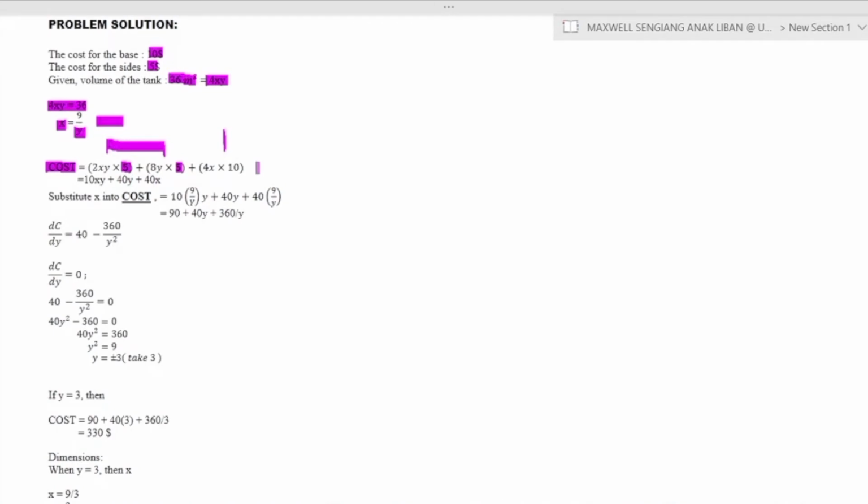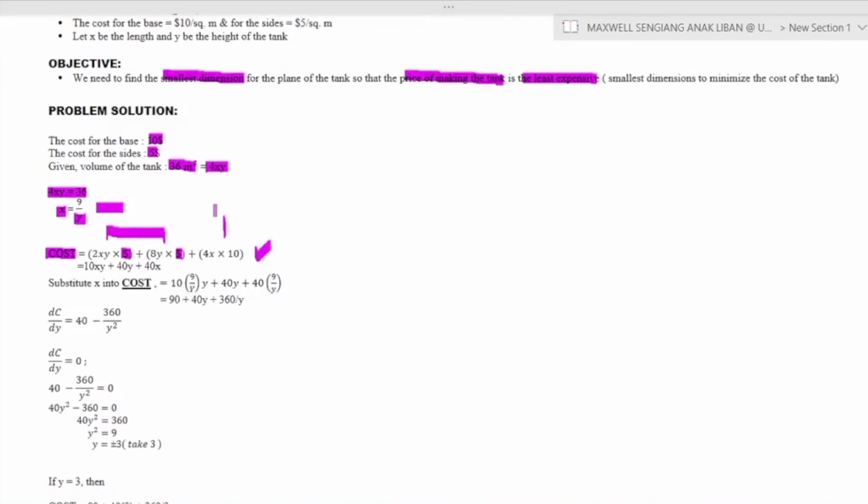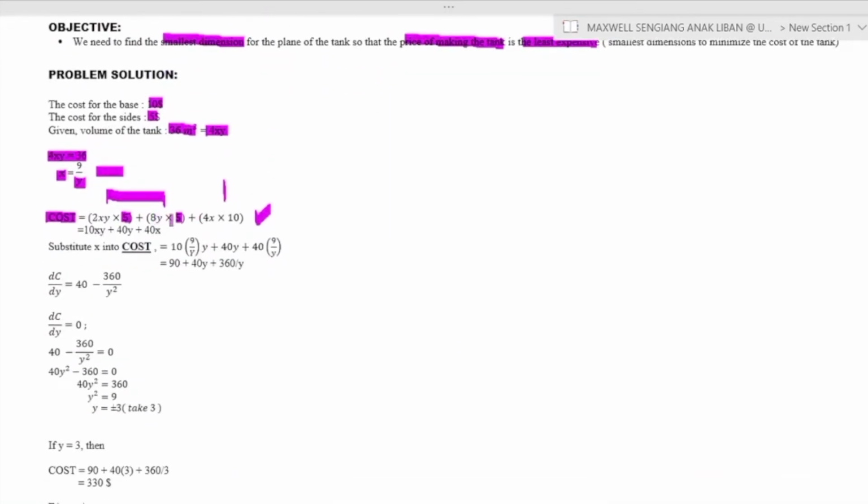So here I will get this equation. Why do I get 2xy? Because there are two planes of x multiplied by y, which are front and back, plus the right and left planes, which equal 8y, times 5, and lastly the base is 4x times 10. So the equation we get is 10xy plus 40y plus 40x. Remember that we need to substitute the value of x into this equation. When we substitute the value of x, we get 90 plus 40y plus 360 over